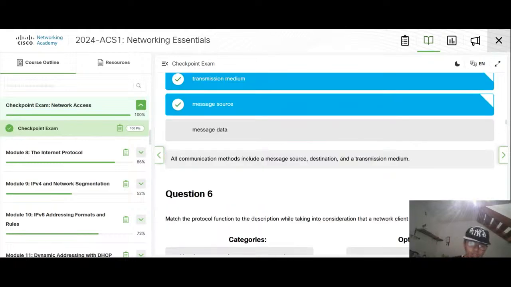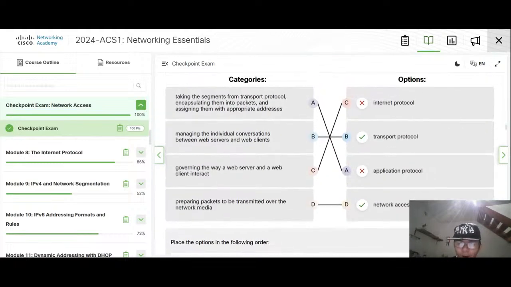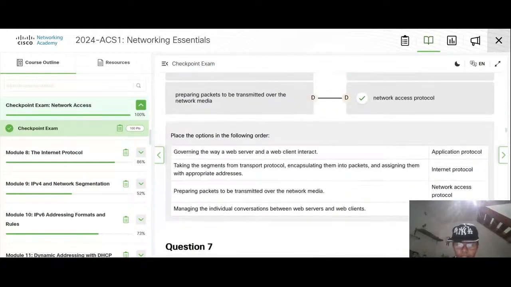Message, essential transmission medium and message source. Governing the way we contact is the interactive application protocol. And network internet will take our segments from the transport protocol, encapsulating them into packets.